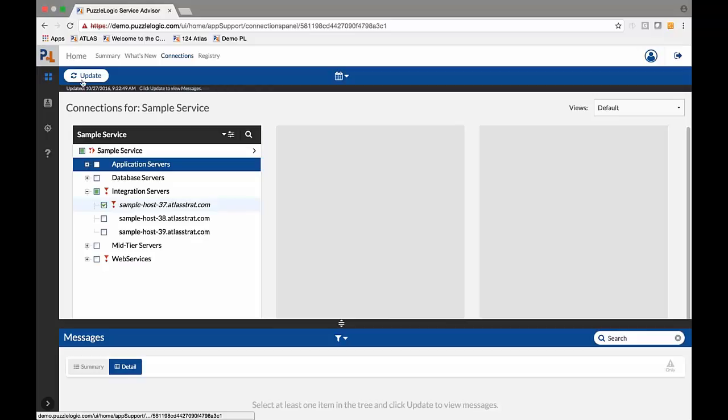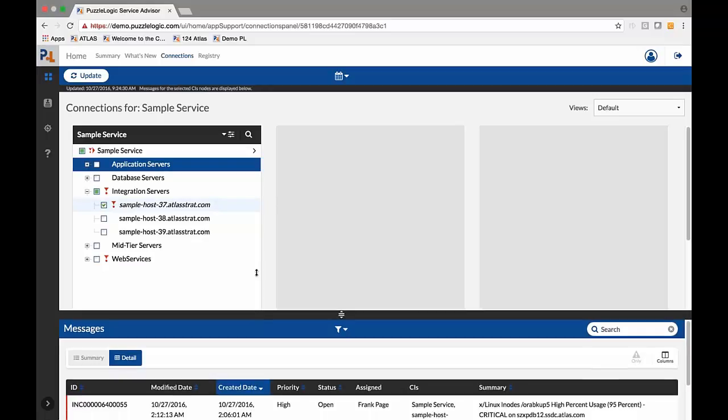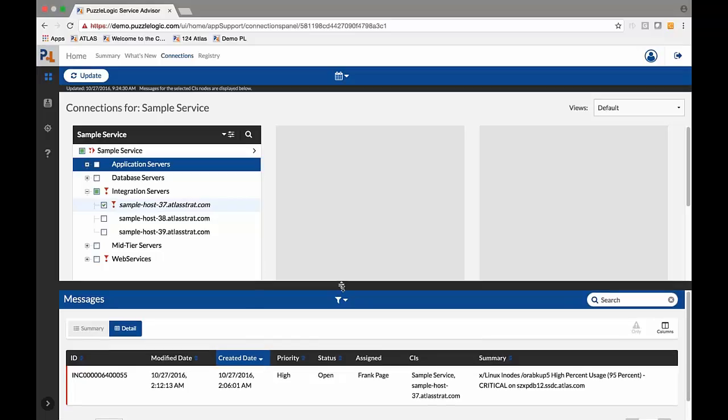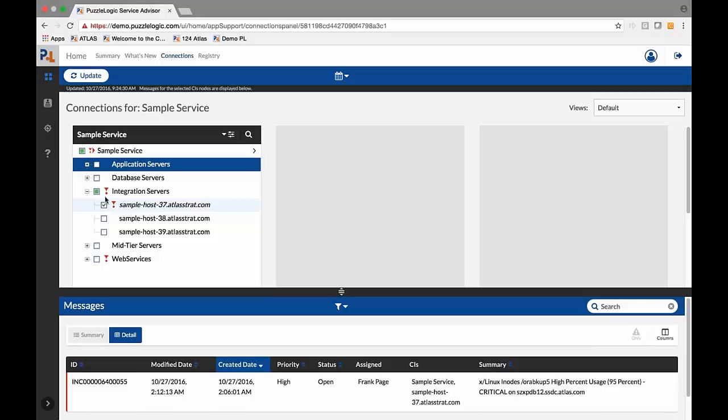So if I want to do this, I can just select this particular host. By clicking update here, I go down and I see the messages, whether it's incidents, whether it's information coming from log files, coming from various different monitoring tools. I'll see that list of events down here in this bottom panel. I can use this to help me troubleshoot and triage a particular incident or particular issues that are going on. So before we dive more into this panel, I'm going to go back to my What's New panel